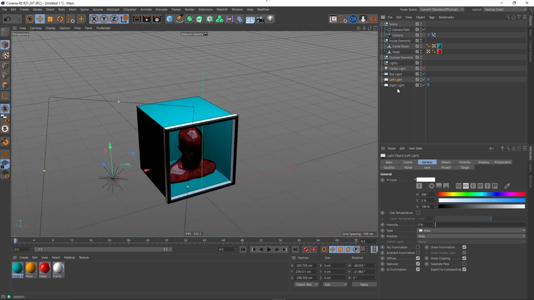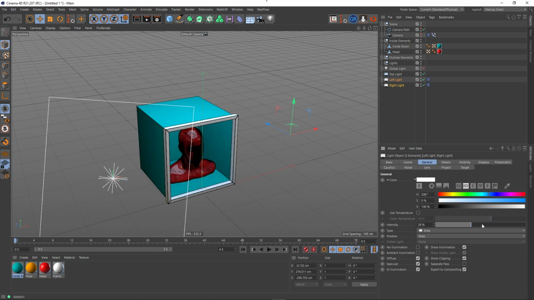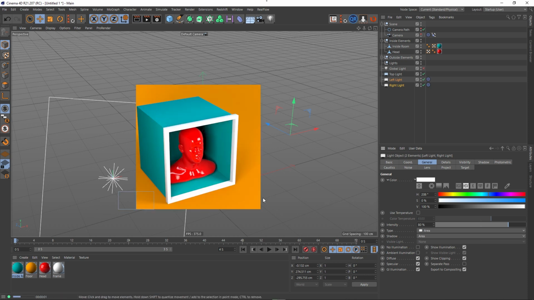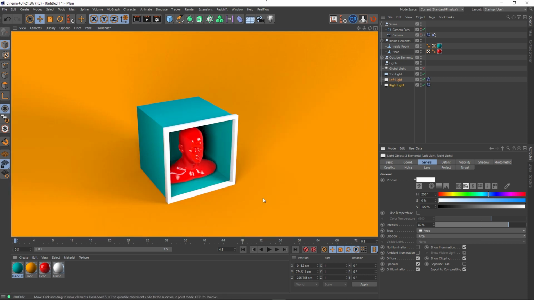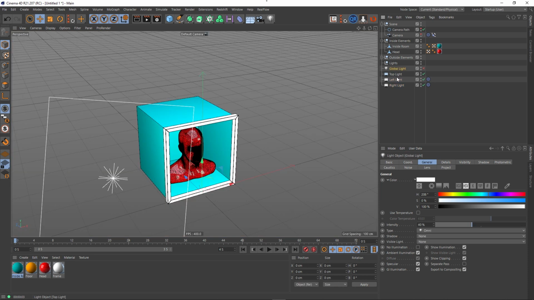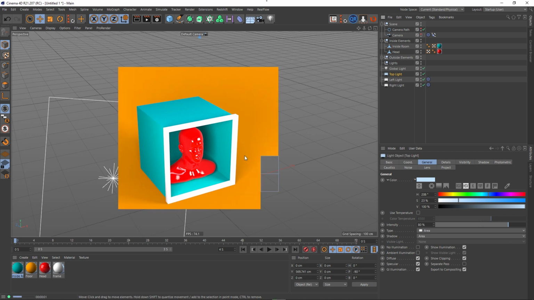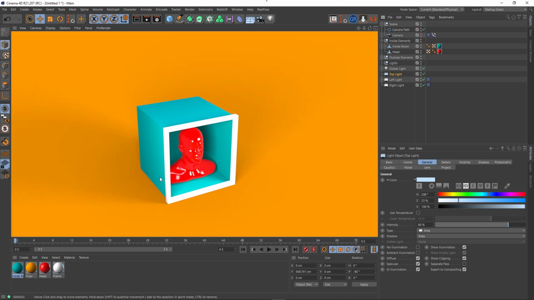In fact, I think when I did this scene before, everything was fine at maybe 100%, but okay, that's not bad. And then this global light. Turn it on, that might help. Yeah, it kind of just fills out the inside of that box so it's not so black, and